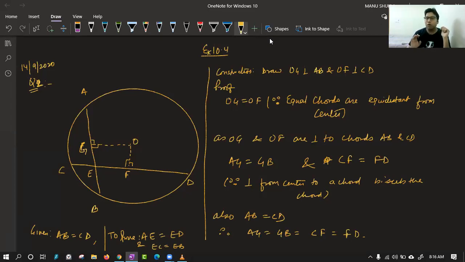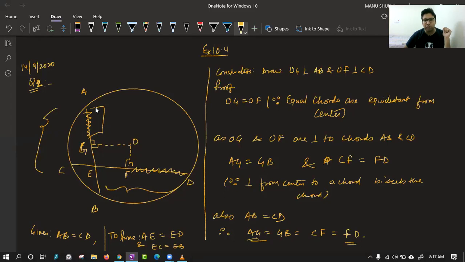Now the question comes, we had to prove AE equal to ED. Class, try to see the diagram now. We have to prove complete AE equal to complete ED. But we have proved only this much portion now. We have proved that AG is equal to this FD. We can say AG and FD are equal. Class, we have got this portion only.